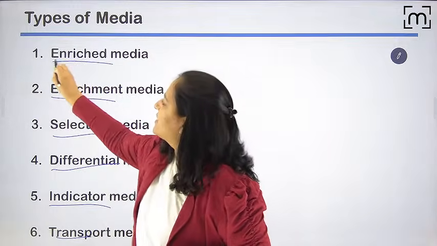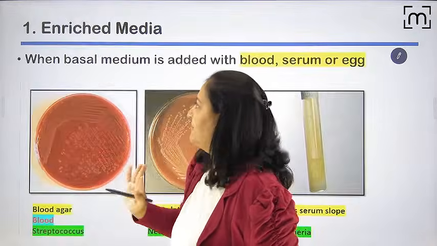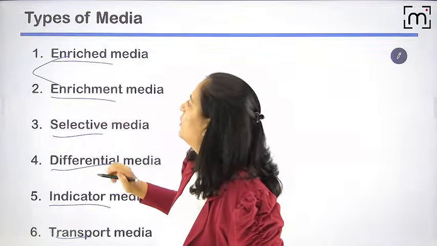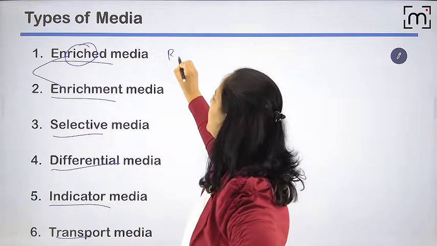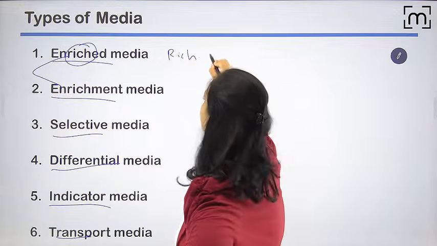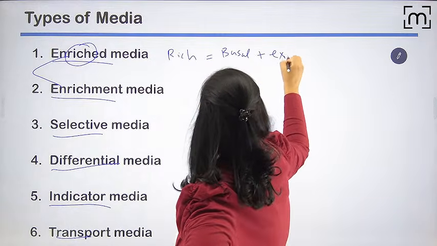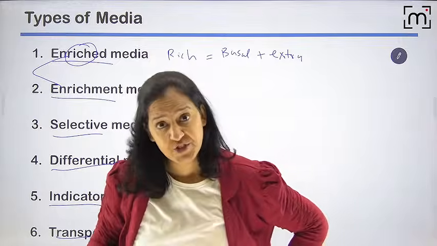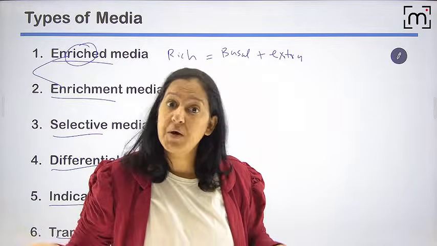Most of the time you get confused in these 2, but they have nothing to relate with each other. Okay, let me tell you. Let me come on enriched. You tell me who is rich? What do you mean by the term rich? Rich people are the people who have the basal thing, and apart from basal they have something extra. I call them rich because they have the basal, but apart from basal they have many things extra. So I will call them rich.